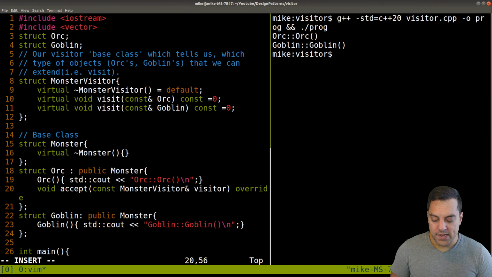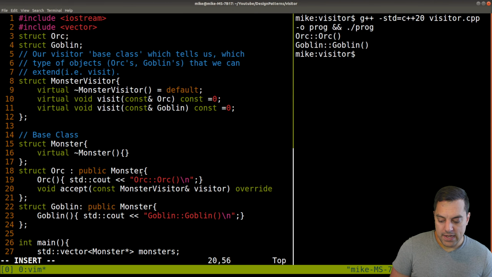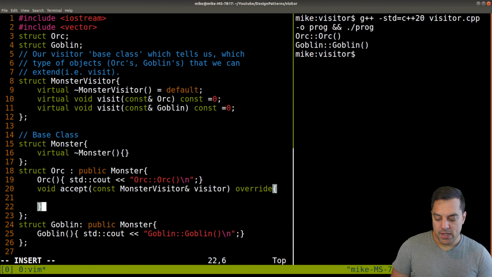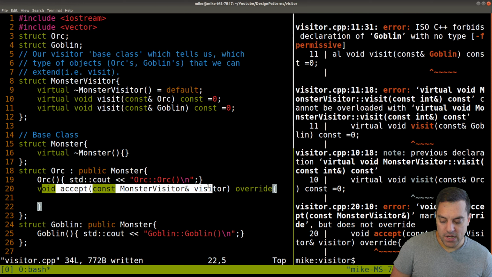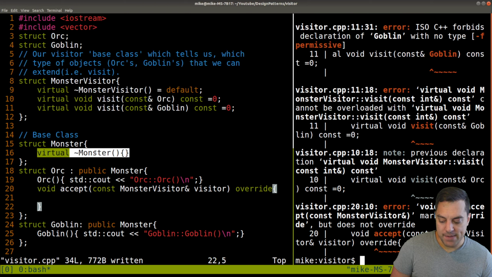And then I always like to put override here when I am overriding some behavior. In fact, I'll show you where this is going to mess up in a second. Let me actually just compile it now. This is going to cause a bunch of problems because we haven't written accept in our base class